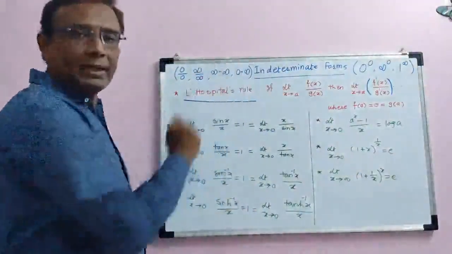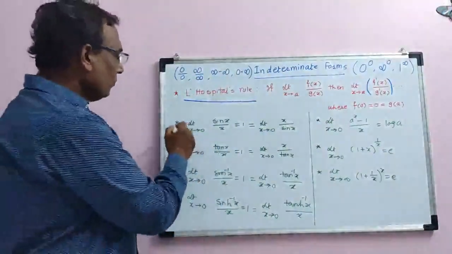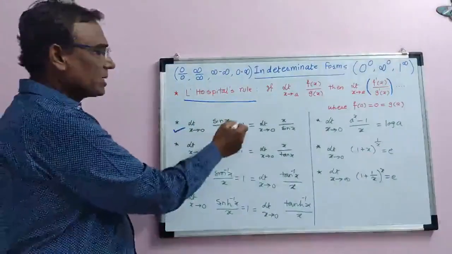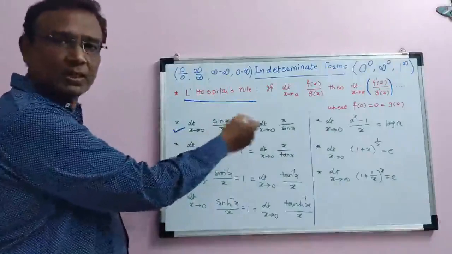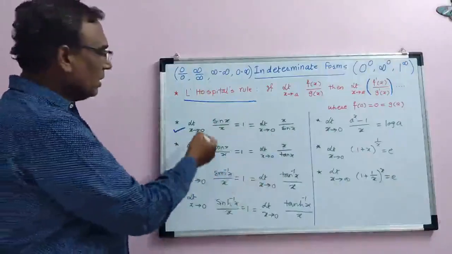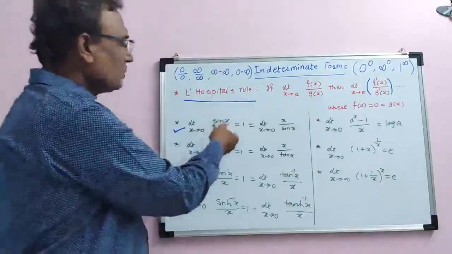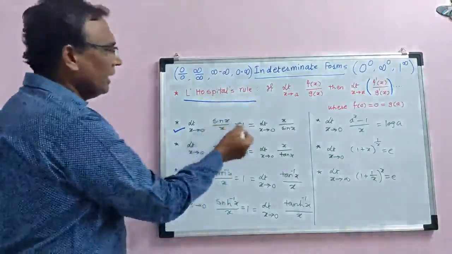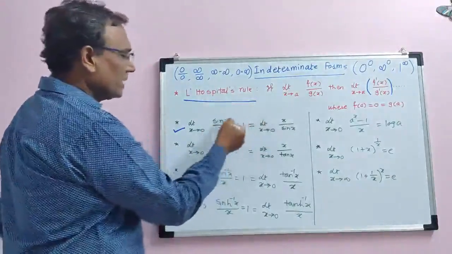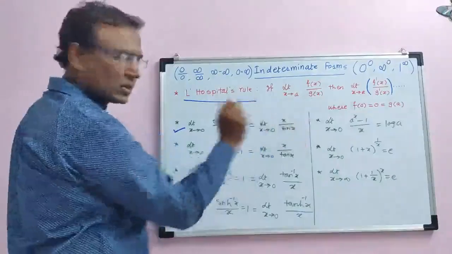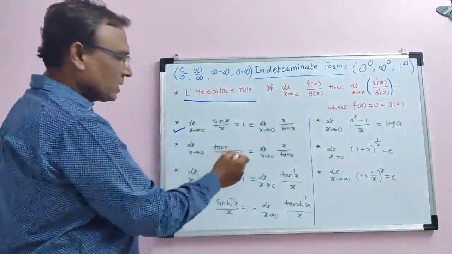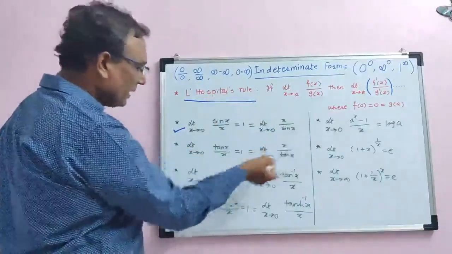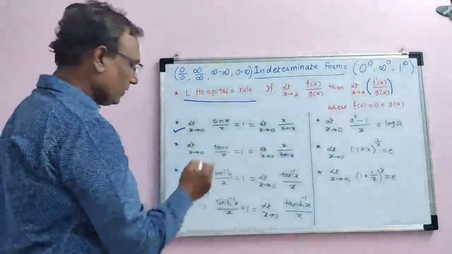When you solve problems on indeterminate form, there are a few formulae you have to remember. Limit x tends to 0, sin x by x equal to 1, because this will facilitate solving the problems. Or even you can apply L-Hospital rule and find the value of this limit, which is 1. And it is very clear that if the limit of sin x by x is 1, then limit x by sin x will be 1. Tan x by x equal to 1 for x tends to 0, and similarly limit x by tan x for x tends to 0 is 1.